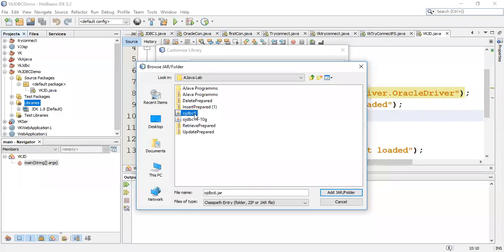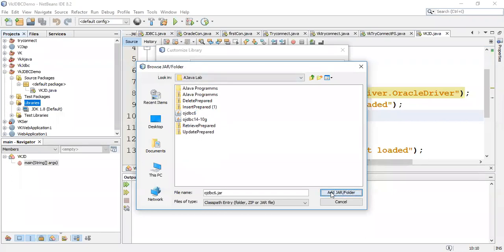Now for your exam, don't worry, in the lab this jar file will be automatically added and ready for you. But if you want to try it at your home, you have to download this OJDBC6 jar file from the website. The website asks you for registration. You just register, it is free of cost. It will not ask you for any charges. You just have to fill up the form, and after you fill the form, you will be able to download this jar file. Once you download the jar file, save it in a known location, and here when you say Add Library and Add JAR, you have to select this jar file.